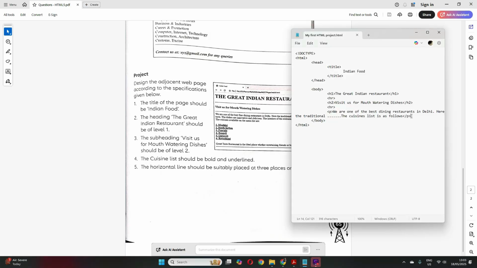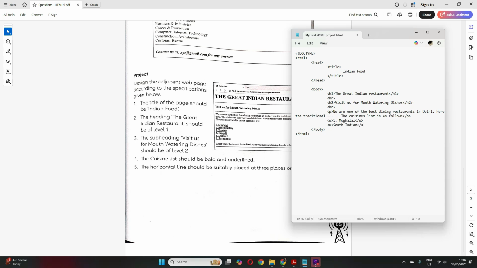Correct? So in another line, let's write here 1 dot Mughlai, I think. So this should be underlined. Correct? Very important. Should be U. Clear? Then the second cuisine will again be underlined, South Indian.